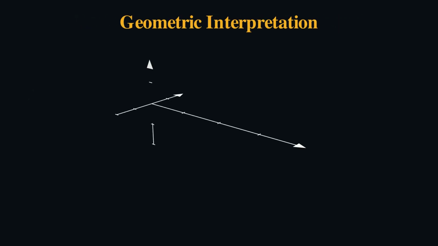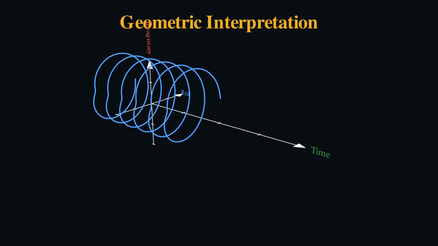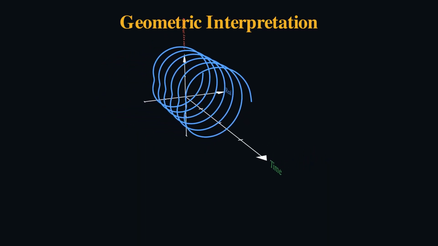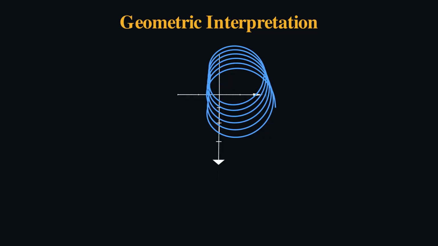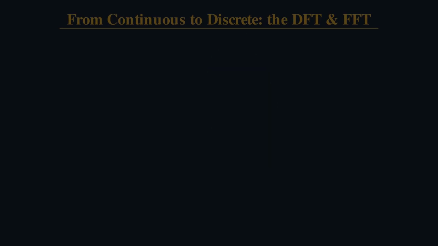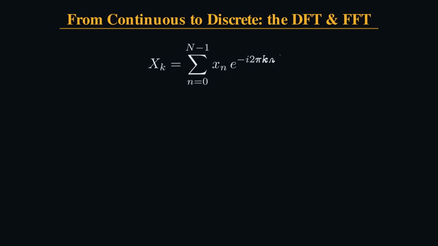Time flows along the horizontal axis, while the complex plane, our winding machine, stands perpendicular to it. As time pushes forward, the rotation twists the signal into a 3-dimensional corkscrew. Taking the Fourier transform is like staring straight down the time axis, flattening this spiral, and asking a single question. Is the coil off-center? The clean integral assumes infinite continuous data, but a computer only has a finite list of